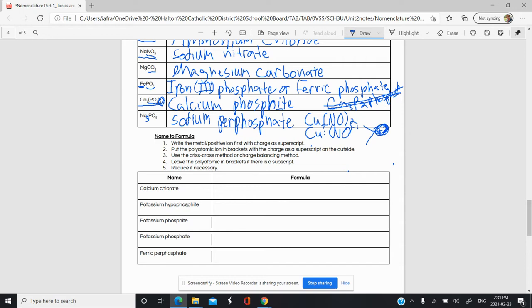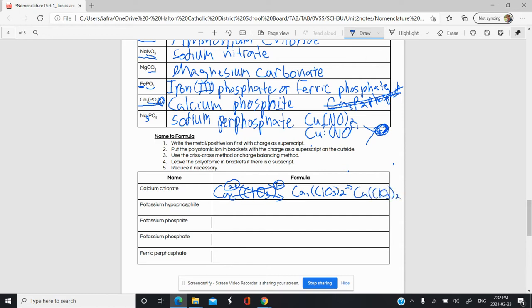So let's do an example. Let's do calcium chlorate. So calcium is in group 2, so it's 2+. And right away, I'm going to put my polyatomic ion in brackets. So that's ClO3, brackets, 1-. And then I'm going to crisscross. I'm not going to touch anything on the inside of the polyatomic ion bracket, of course. Bring this 2 outside the bracket there. Bring this 1 just next to the calcium. And we get Ca1 bracket ClO3 2. We clean it up by putting Ca bracket